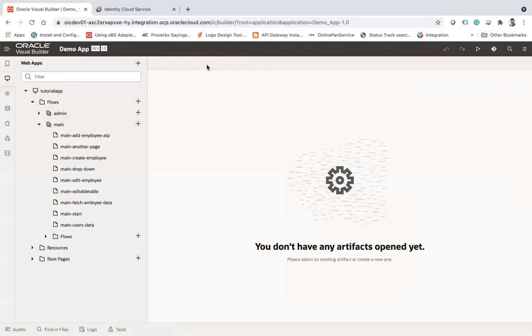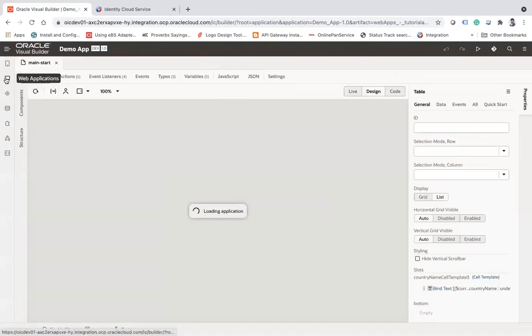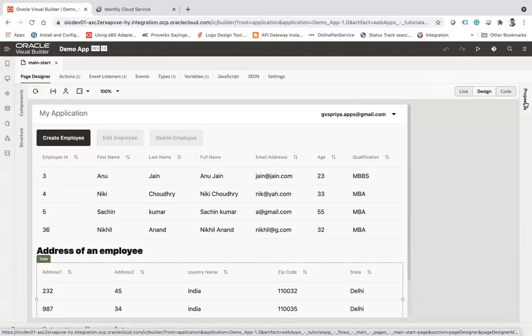So guys, you remember we have created this main start page wherein we have given one functionality to delete an employee. When you select a particular row and click on a delete button, the row will be deleted without asking any confirmation message. If you want to have a confirmation message, you want users to first confirm that they want to delete that employee, then only the employee will be deleted. So how to create such type of functionality, and here I will show you how to